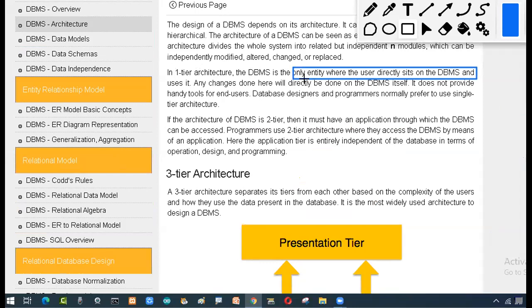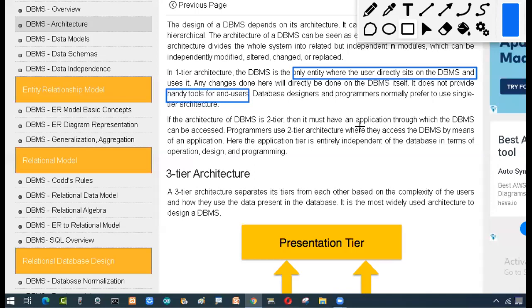That means one person or one entity. The entire database will be on that particular computer, and the user will go and sit at that computer and use it. Any changes are done on the DBMS itself. So it does not provide any handy tool for the end user, and it will not give any GUI. It depends on the person. The person using it will design his own application and program for that, and it will be a single architecture.